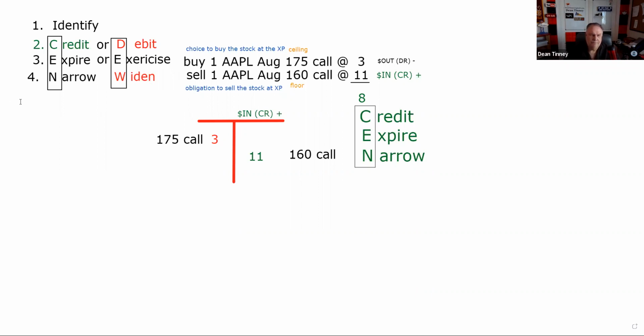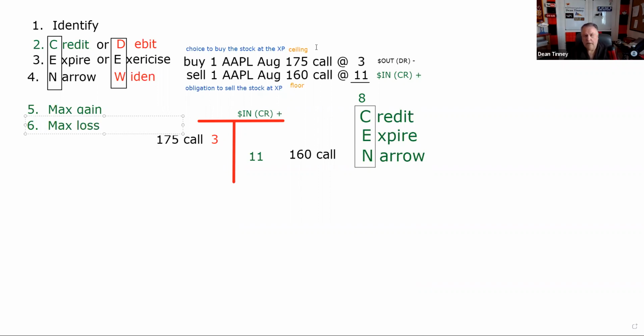Number 5 of our 8 things. We have to be able to get max gain. And number 6 is we have to be able to get max loss. So that's number 5. Number 6 is going to be max loss. These are the things we have to be able to do. And let's put this one